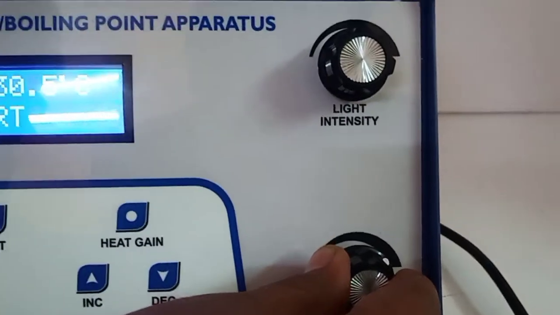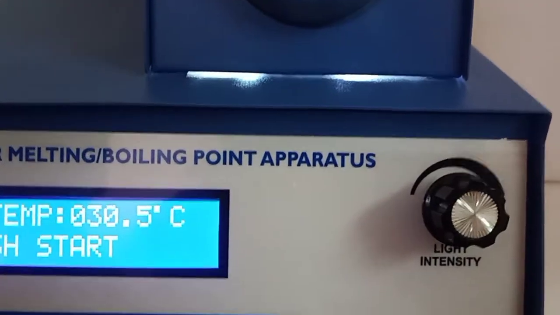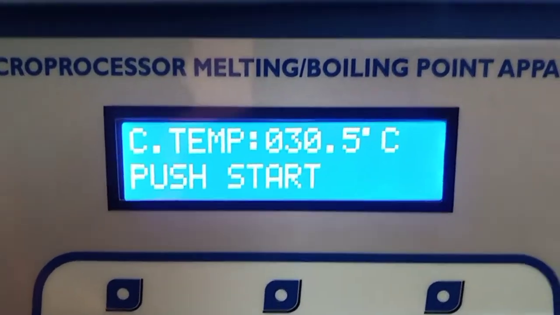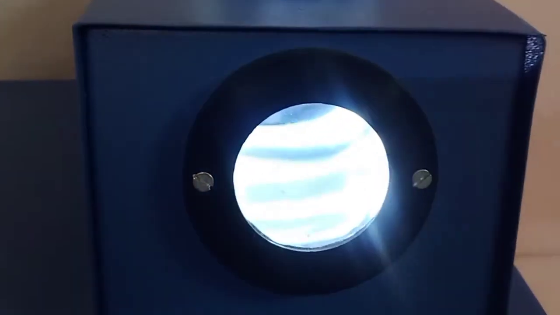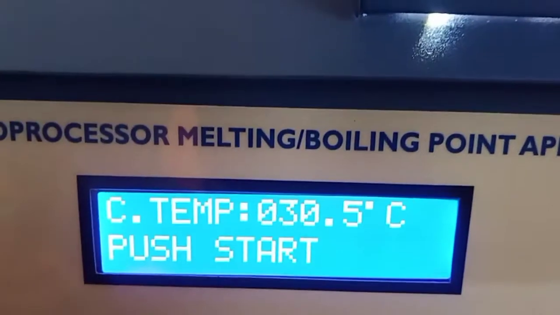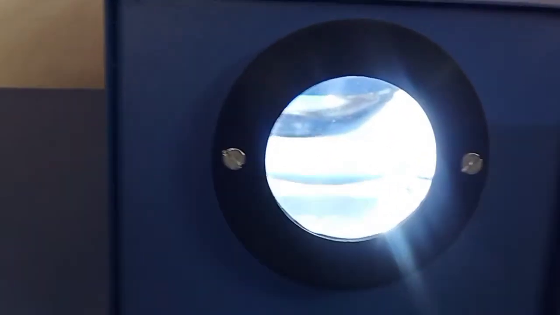Control the speed of the stirrer. This is the current temperature. Adjust the stirrer speed.